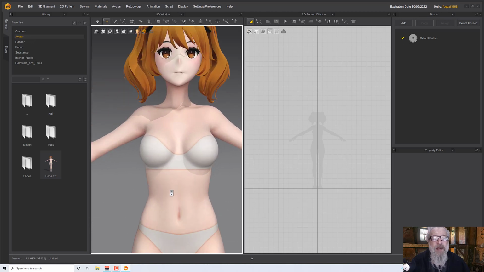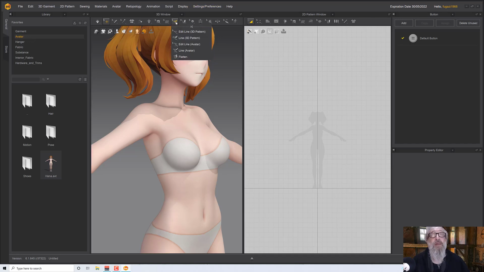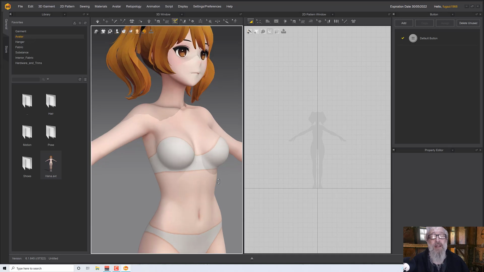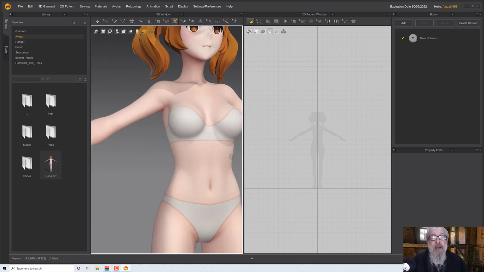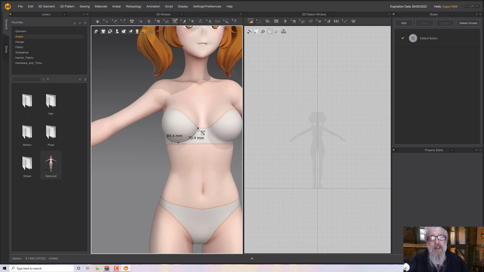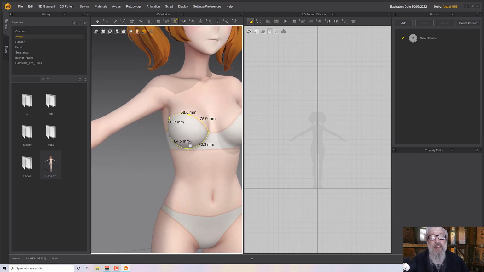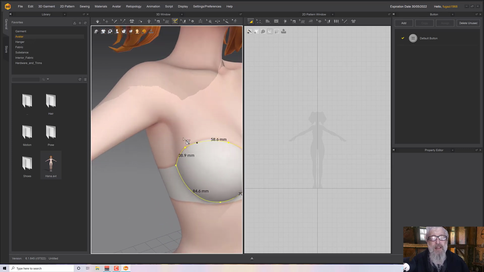And then we're going to start off with the top, and we're going to create a kind of corset thing, and we're going to do that with some internal lines, or rather some avatar lines. So the line tools are in the 3D window, and we want line avatar, and now we can start drawing out our panels. Now the first thing I want to do is just define the underside of the boobs. So I'm just drawing lines around here until I get to about there, and then we'll go over the top, just following this underwear texture we've got there, and let's just do a little